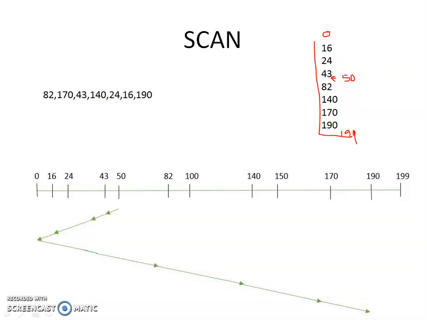Okay, so this is the format you will be having. Then in order to perform this scan, another alternative name for this scan scheduling algorithm is elevator. So it will be processing either towards the higher order addresses or towards the lower order addresses. So in order to get the minimum seek time